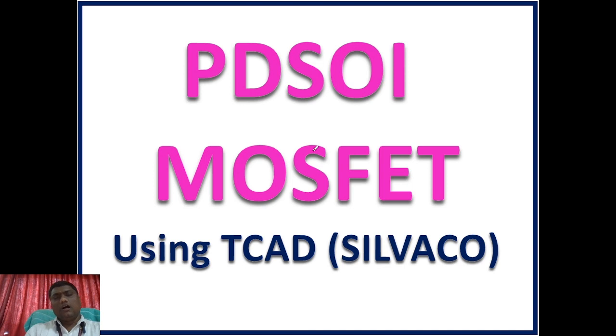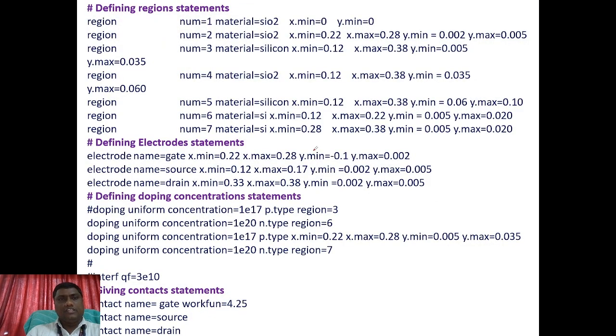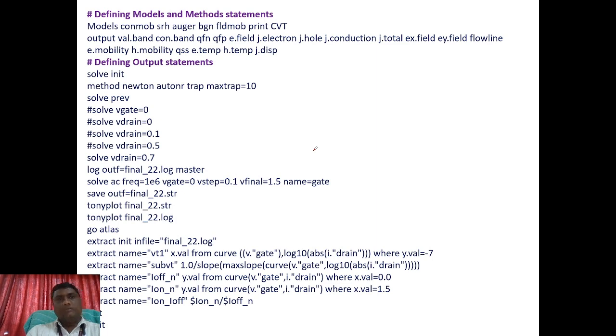After that, for the same dimensions, we have gone for the partially depleted SOI MOSFET in TCAD using the Silvaco code, and we have developed the code by mentioning the meshing statements, region statements, electrode statements, doping concentration statements, and contact statements. Models and methods are incorporated here, and the Newton-Raphson method has also been considered here for the outcome of